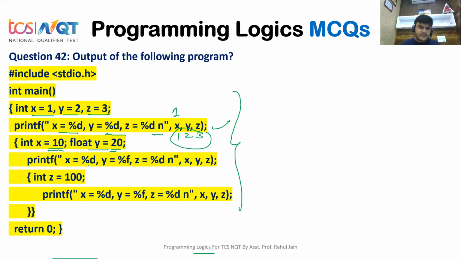Now x equals %d, so here 10 should be printed. y equals %f, a float, so this value would be used: 20.000000, up to 6 decimal precision. And then z equals %d, here the global variable would be called, that is 3. So 10, 20.000000 and 3 would be the correct output.